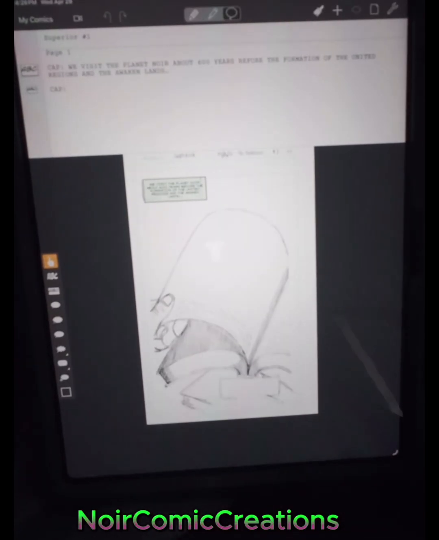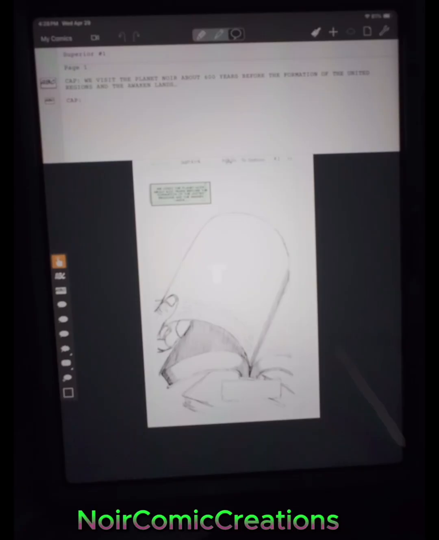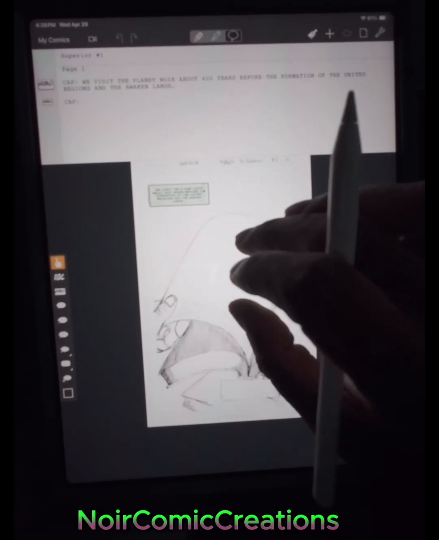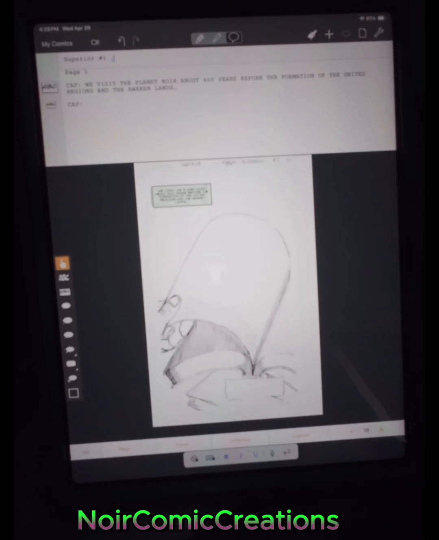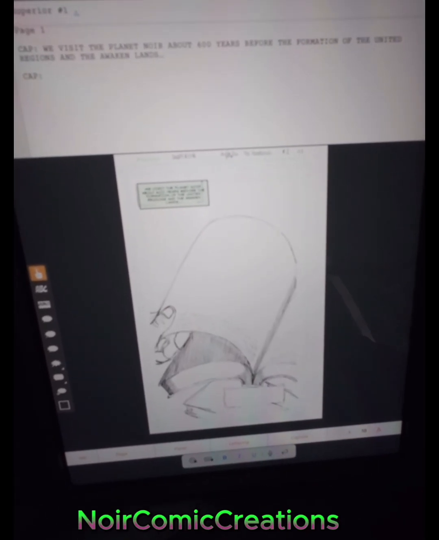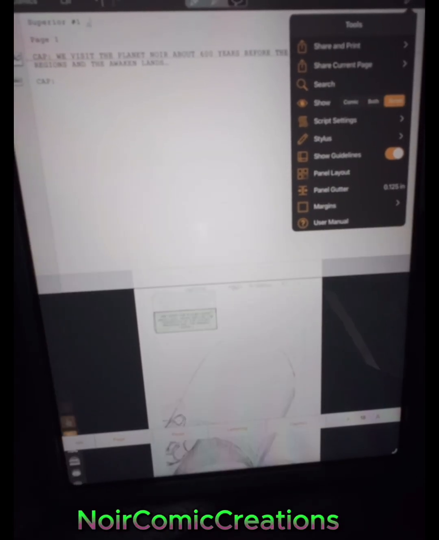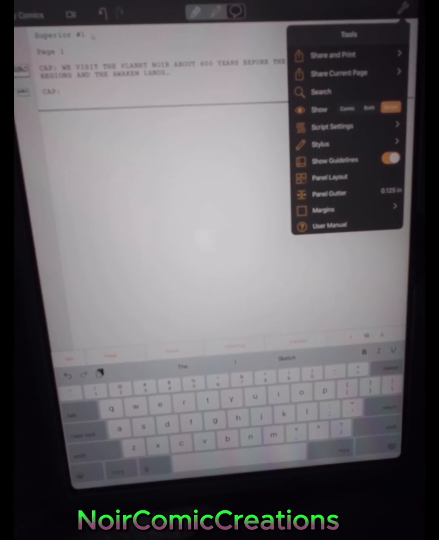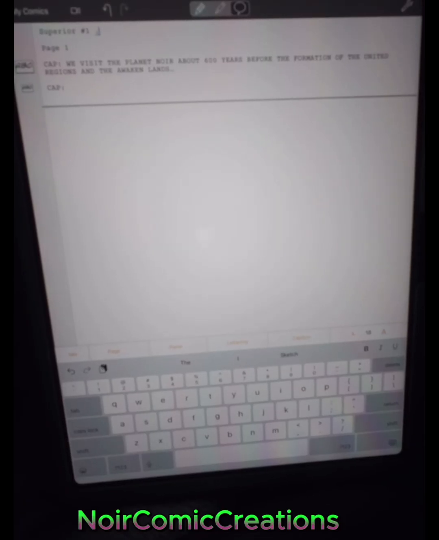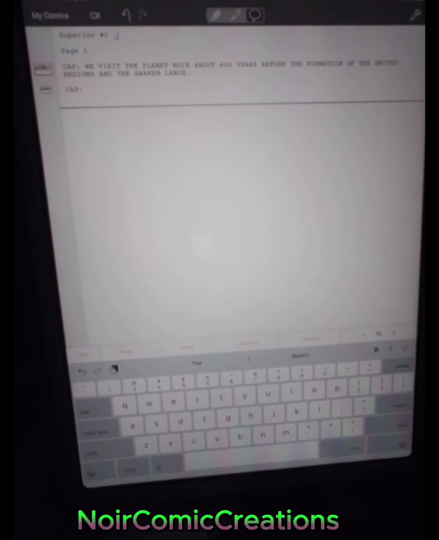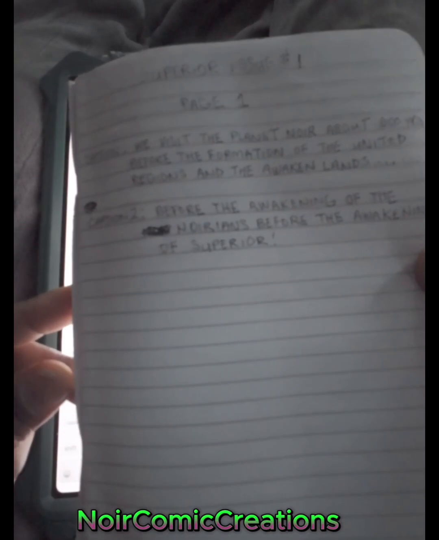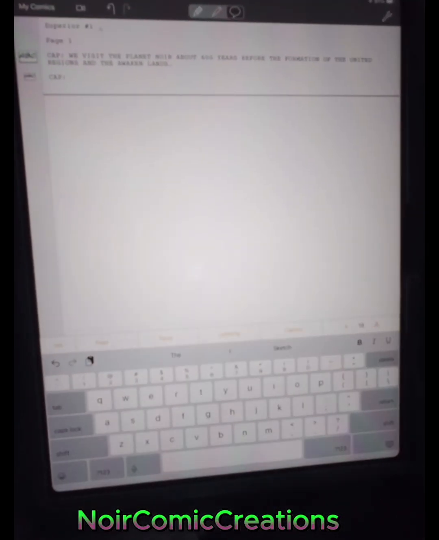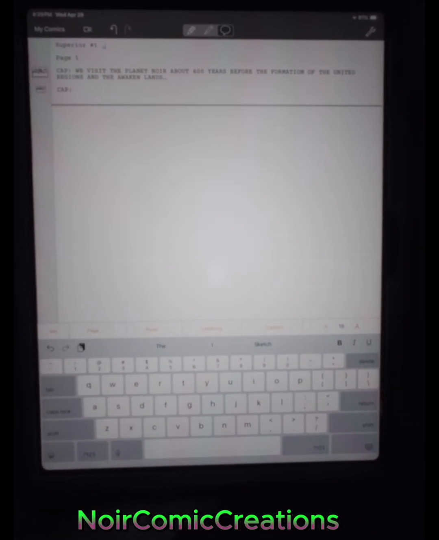We're working on Superior, page 1. And as you can see, I already started working on the script. So this is the comic page right here that I'm working from. So we're gonna type that on the script